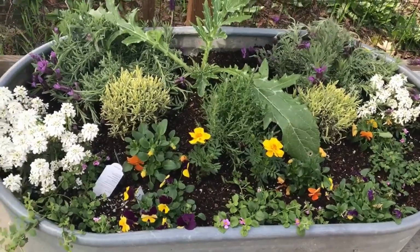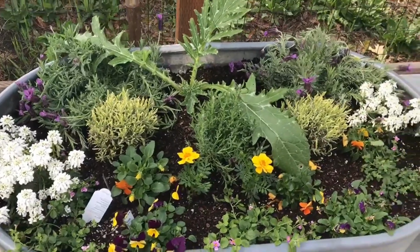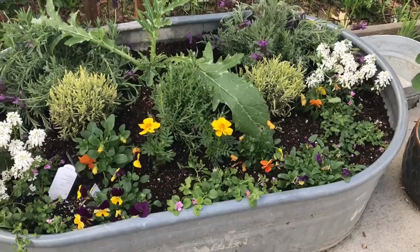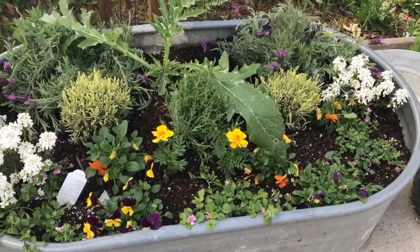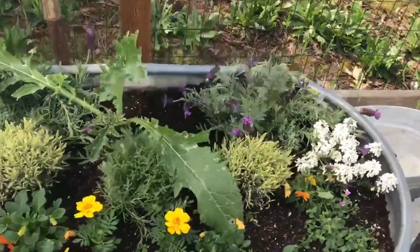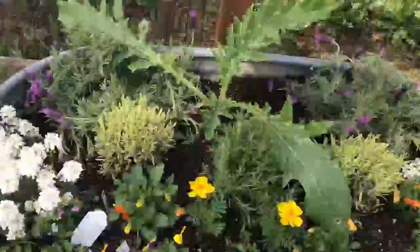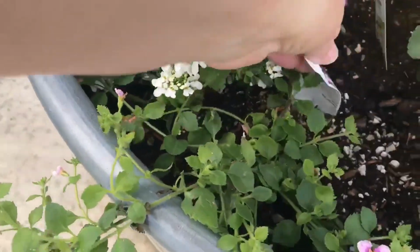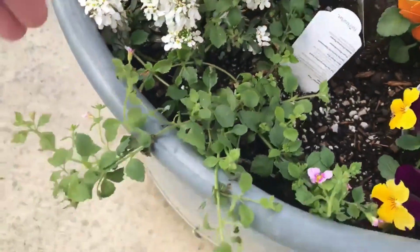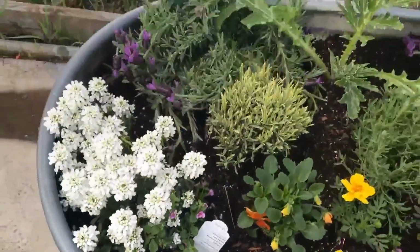This is a close-up of what I did Saturday. I'm just so totally thrilled with this right now. These will not be in here permanently, but this is basically my spring color animal trough. But it's also got an artichoke in the back. There's like 3 different kinds of lavender in here. Candy tuft, marigolds, and violas. Oh, and this thing, which I love, bacopa. It's pink bacopa, and it's a trailing one that will spill out. So, and then here's a,